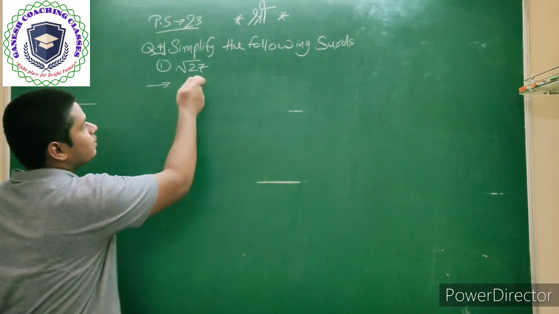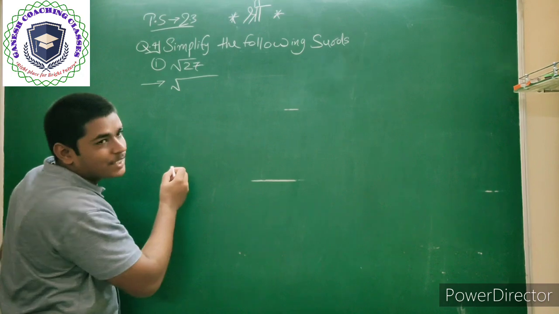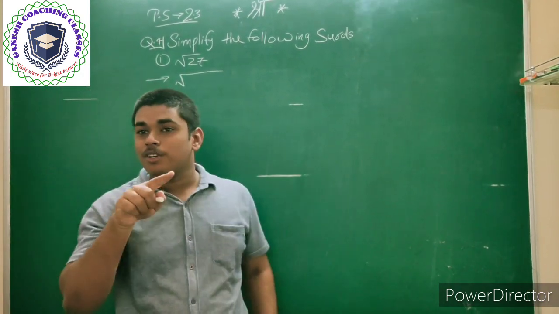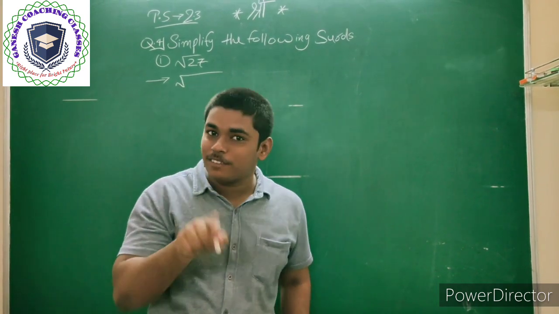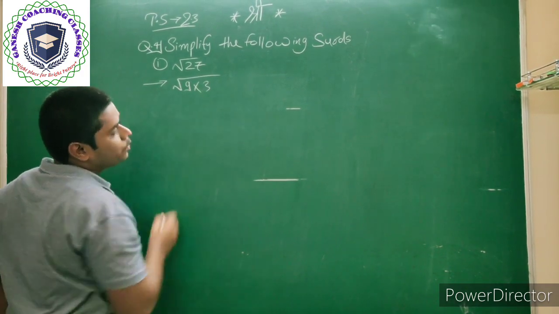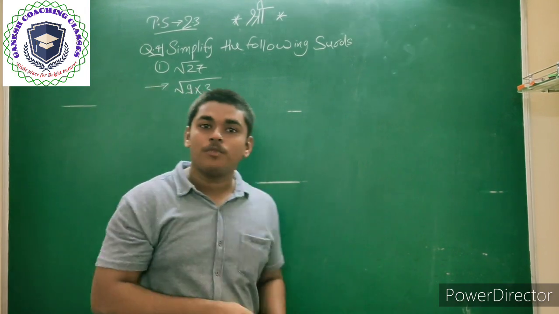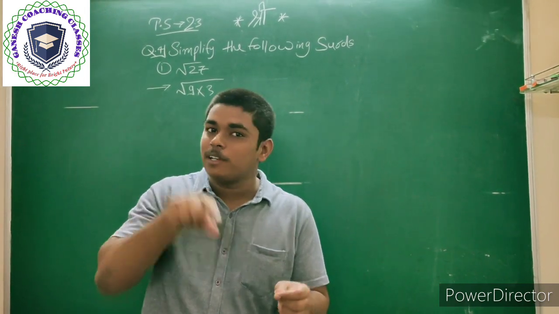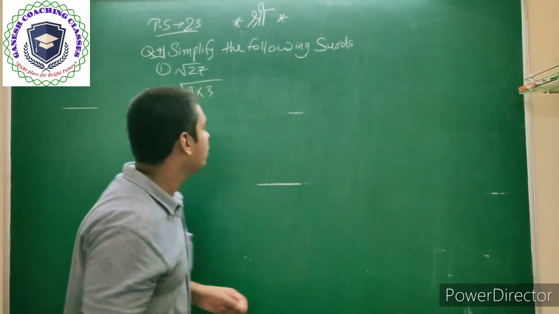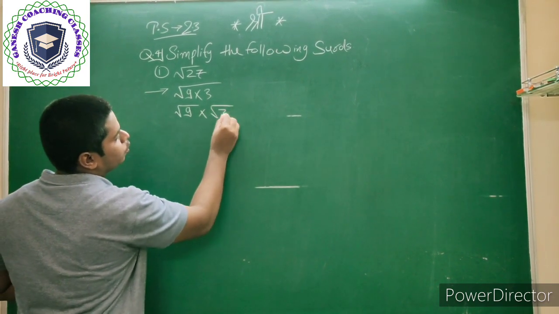So here we have been given 27, and we can write 27 with factors 9 and 3, because 9 threes are 27 and root 9 has a predefined value, that is 3. So we write 27 as 9 into 3. Now these numbers are in multiplication, and there is a property of root that if radicands are in multiplication, then we can separate the root for each number. So here we can separate root 9 into root 3.